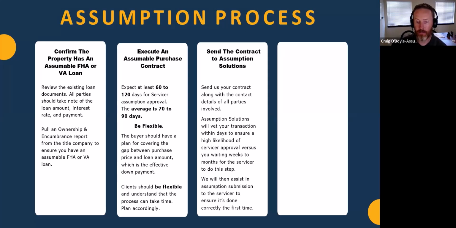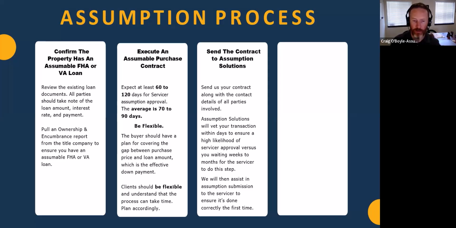And the key here is that it needs to be done correctly the first time, because when you submit it, if you do it incorrectly, it goes into the queue. And when they finally review it, they're going to be like, oh, we're missing ABC, or this is wrong. They kick it out, and you've then got to resubmit. You're adding time because you're now at the back of the line again, and it's going to take time for them to get to it.